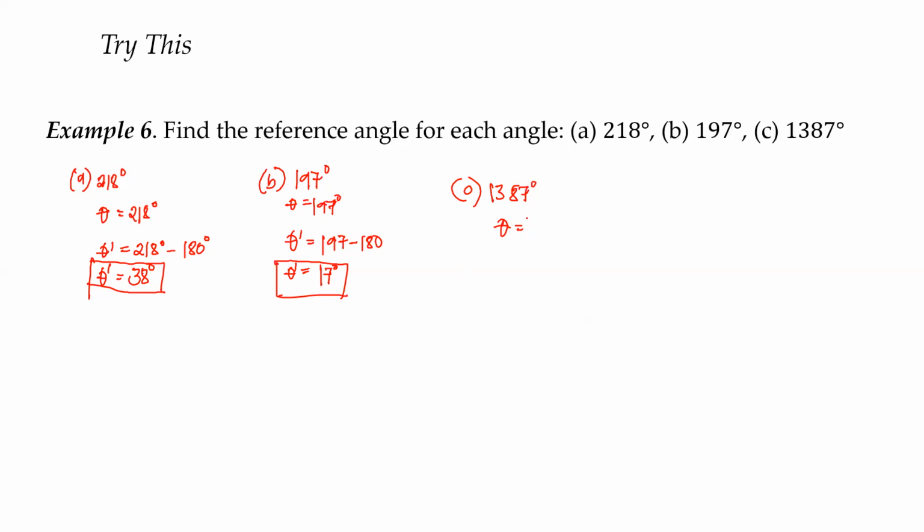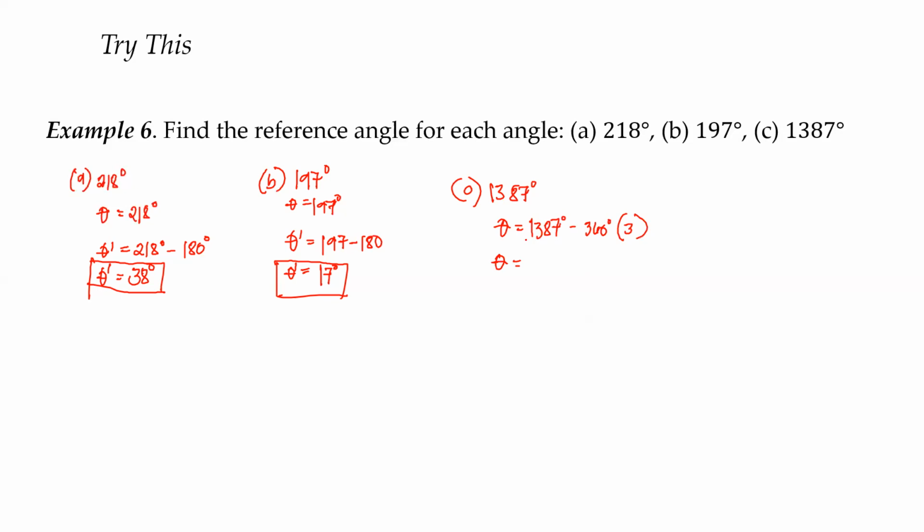or we will follow the equation that we had, that is 360. 360 times 2, that's 720. 360 times 3, that's 1,080. 360 times 4, that's 1,440, which is greater than our given 1,387. So therefore, 1,387 degrees minus 360 degrees times 3. So our theta, which is coterminal to 1,387, which is the lowest positive coterminal, and that is